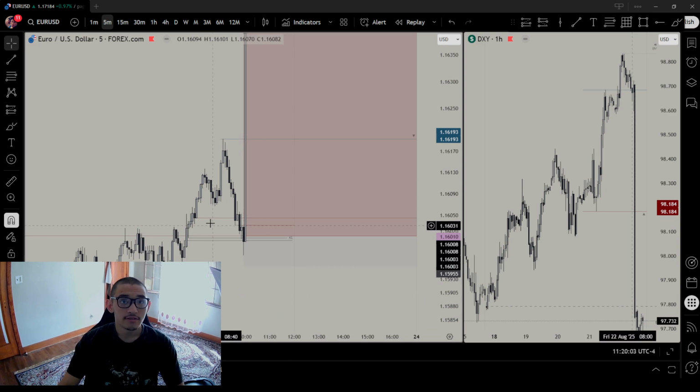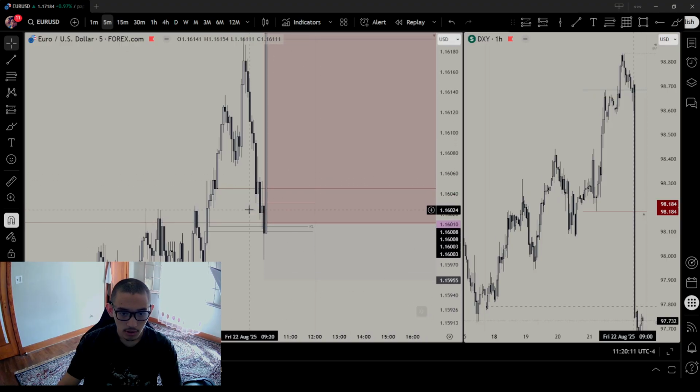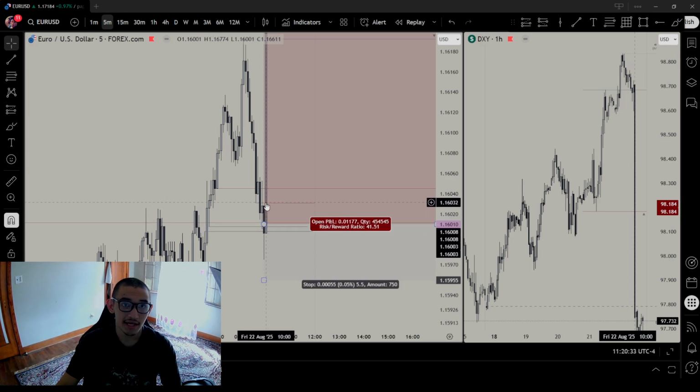And how is this formed? All you have to look for is a fair value gap above an old high or old low. It looks simply like this. Below this old low, there's a fair value gap. And the fair value gap, most people forget about this, cannot be filled beforehand. So below this old low, this fair value gap, let's just say this candle taps the fair value gap. Then this old low is no longer a fair value gap.